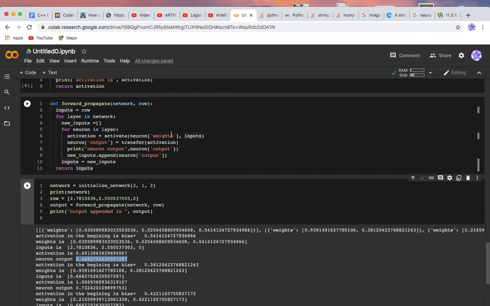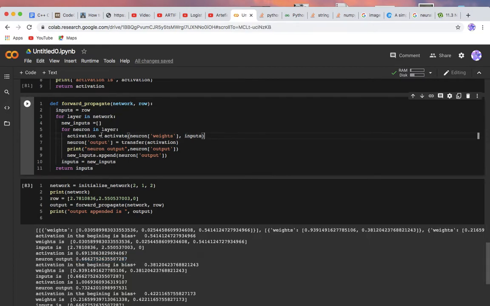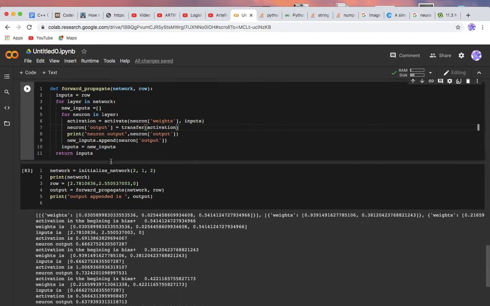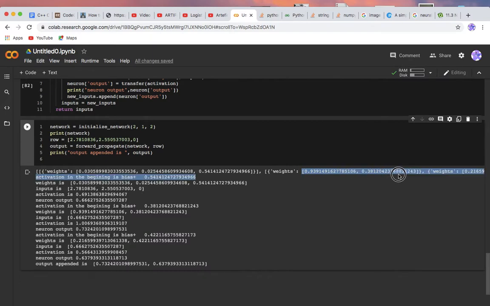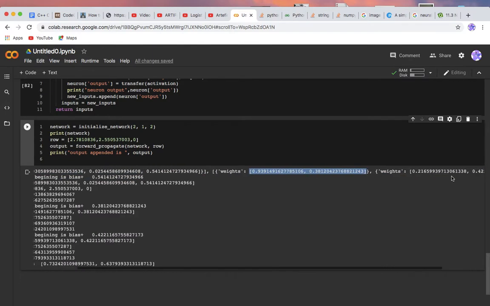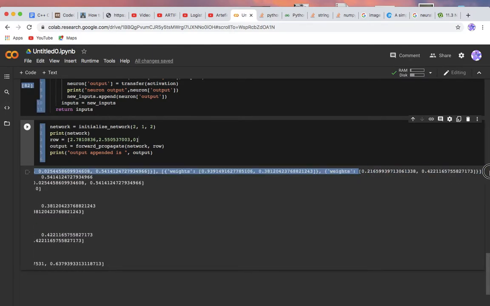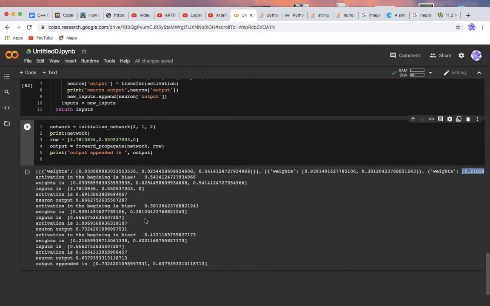So you have understood what the activate function is doing. Then the transfer function, what it is doing, and then we are finally getting the input. So let's see, this is the neuron output, and this becomes an input for this layer, right? Output layer. In the output layer, we have two neurons, so there will be two times. So first, for the first neuron, this is the weight, and for the second neuron, this is the weight. Got it? You will ask why this is 2, because this one is for bias and this one is for one of the neurons, one of the input, right?